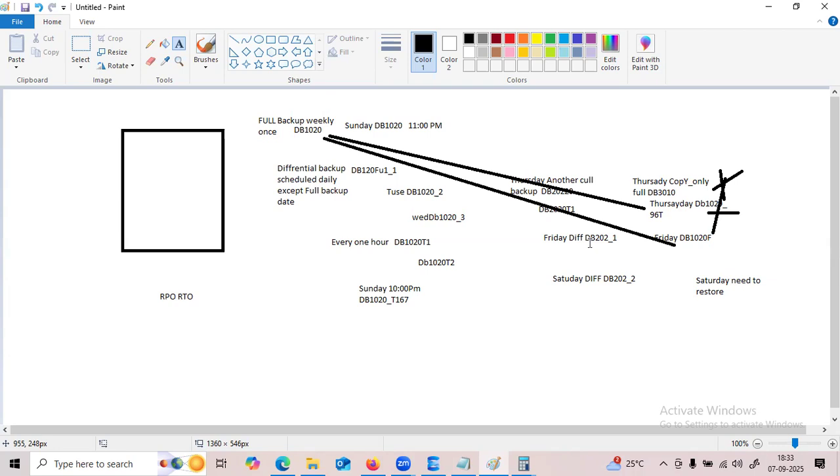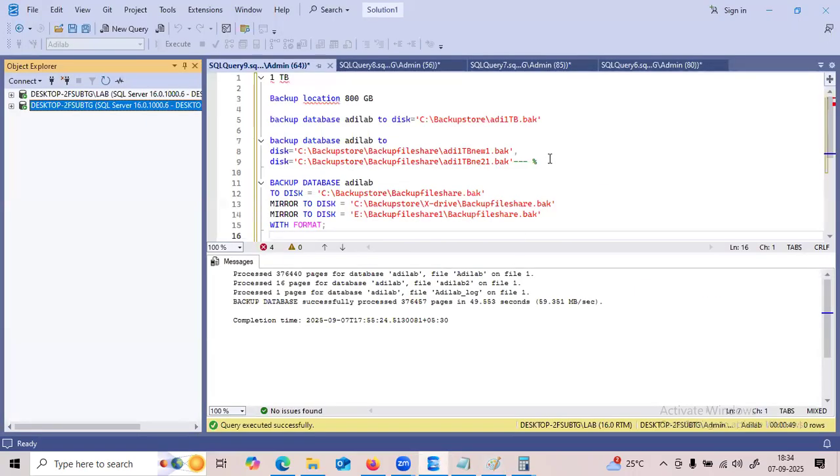So that is the copy only backup background. Now what is the command for that? The commands are the same. The only thing is we have to provide the extra keyword COPY_ONLY. That means whenever you run COPY_ONLY, the SQL Server engine will record the information, but it will tell the upcoming backups not to disturb the LSN.